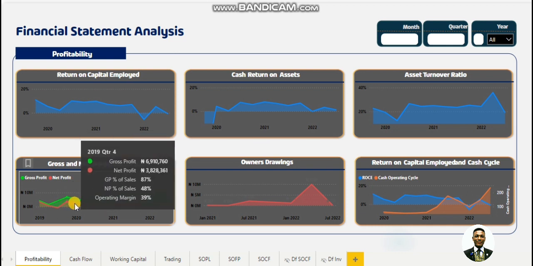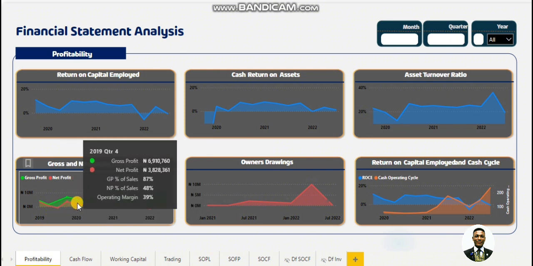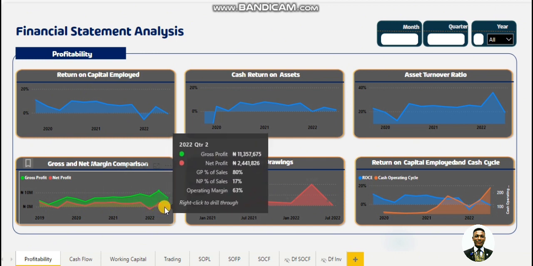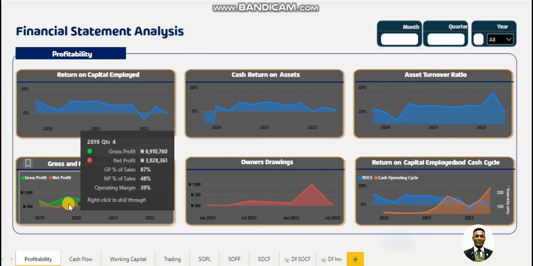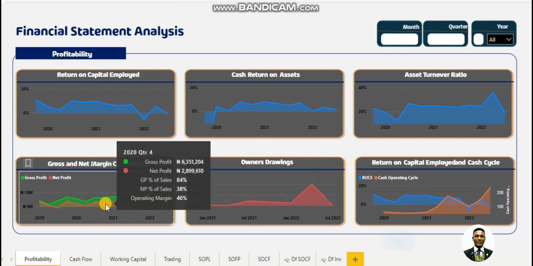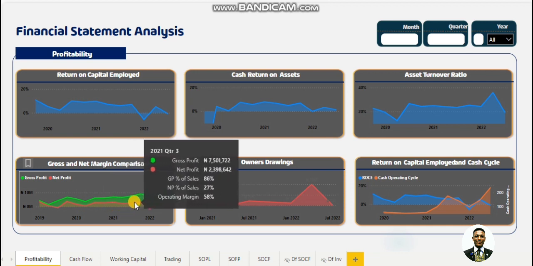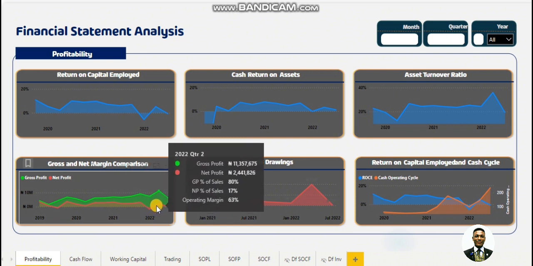As we can see, net profit on the other hand experienced a steady and gradual decline. And this decline started off, in terms of the margin, from 48% of its total revenue, and continued to go down from 48, going down to 39, 30, 27, and even a deep minus 20%, 17%, and down like that,